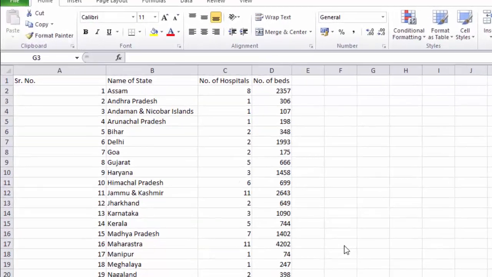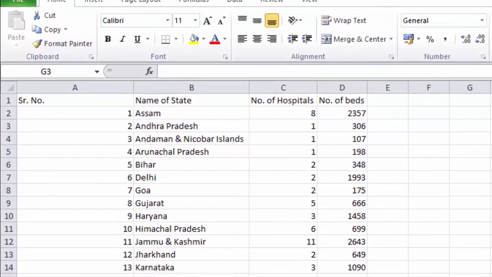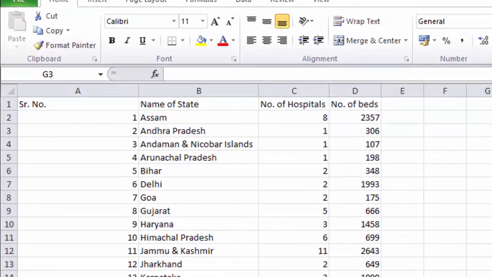Now just observe the data set which I have taken. It contains the fields, or we can say columns, serial number, name of state, number of hospitals and number of beds. By default the indexes start from 0 and go up to n, that is the number of rows present in the data set. In this data set the indexes are not shown, but by default it starts from 0. But it is very difficult to remember the index if we have thousands of rows in our data set. If we know the label of a particular row, then we can easily fetch the records of that row.